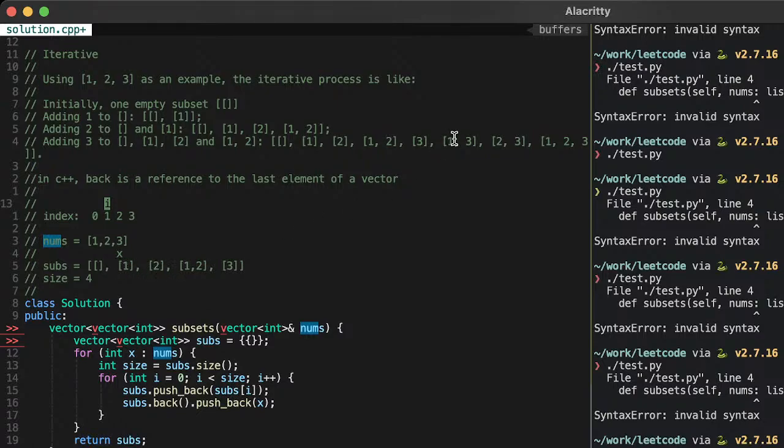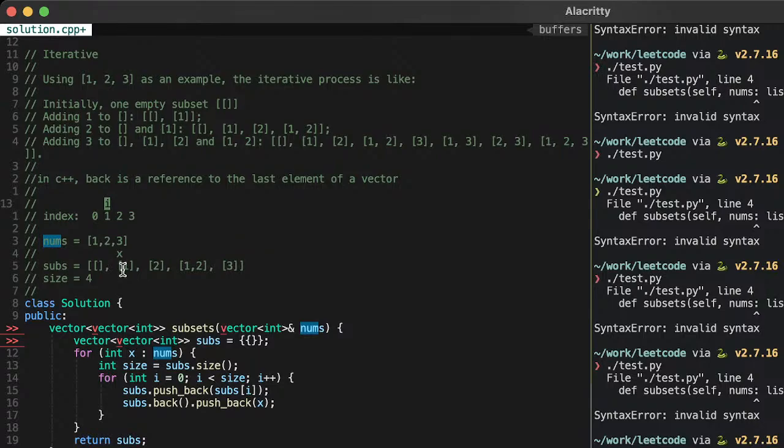Wait, what? Hold on. So we just pushed back 3 here. We incremented i to 1.